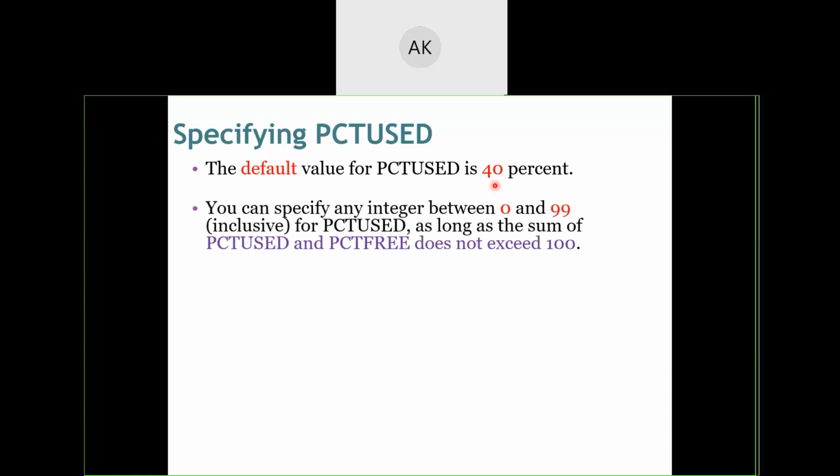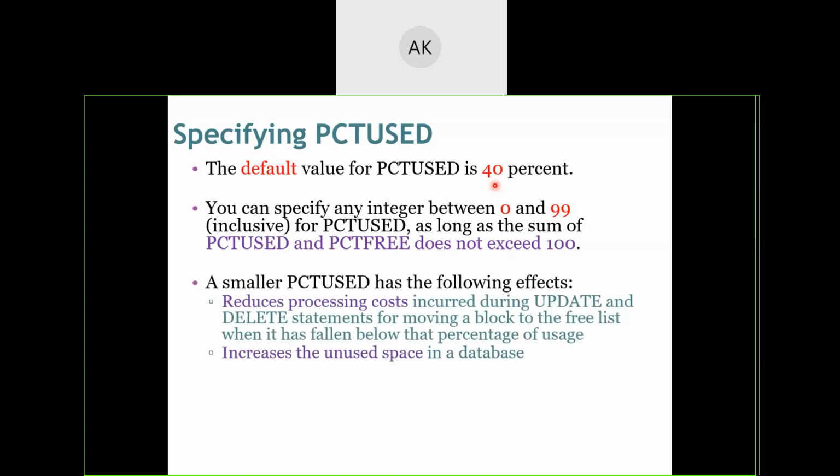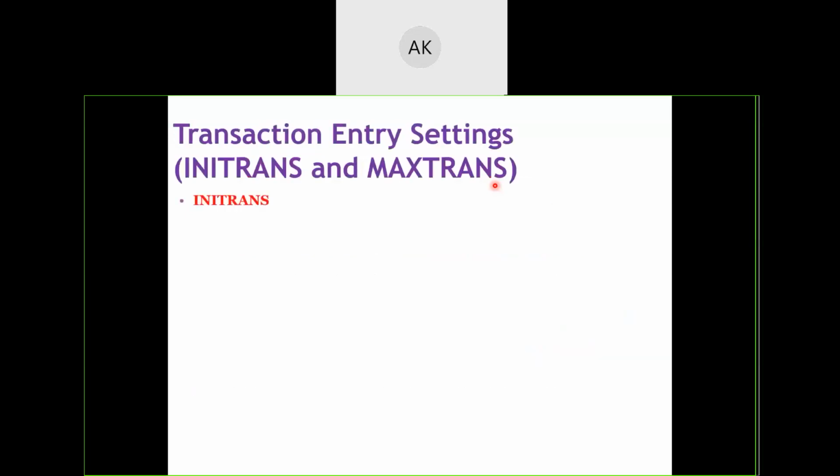Okay. So the main factors that influence our data storage and our operational speed are percentage used and percentage free. If percentage free is more, more number of updations can be done, and the performance of manipulation of data will be huge. But if percentage used is large, then a larger amount of data can be stored, but the performance of your updations will be less. Okay? So now coming on to the second category, transactional entry settings.